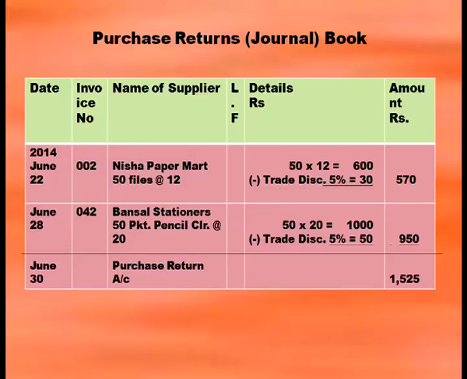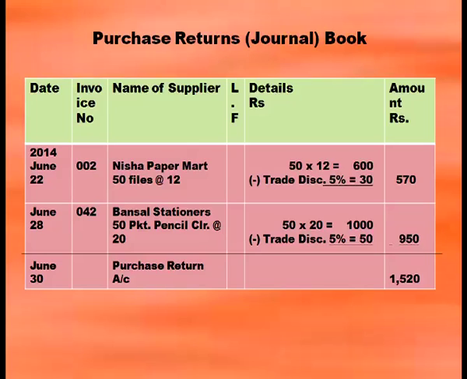We earlier didn't open the purchases returns book. Now we have to open the purchases returns book for this question, because they have returned some goods to Nisha Paper Mart as well as to Bensel Stationers. Heading: Purchases Returns Journal or Purchases Returns Book. Date, debit note number, name of supplier, ledger folio column, details, amount. 2014 June 22nd, debit note number column, and then coming to name of supplier, we have returned goods to Nisha